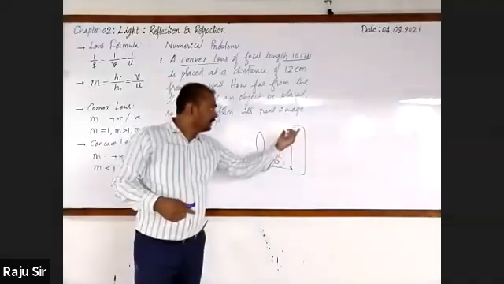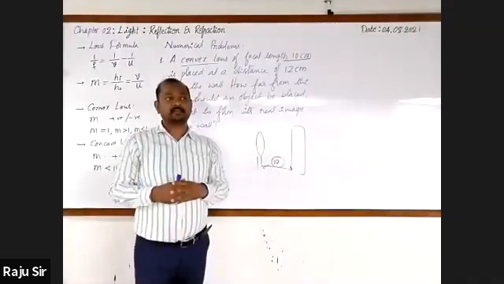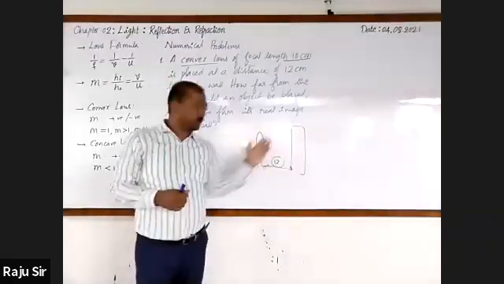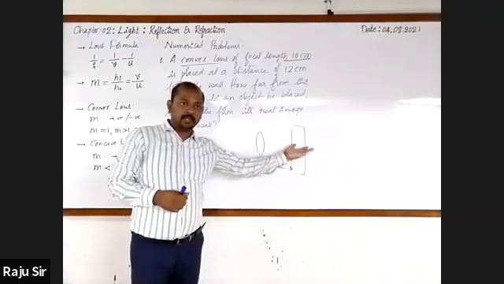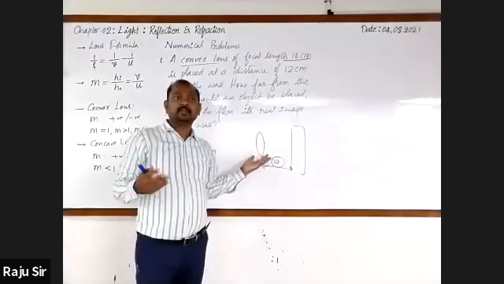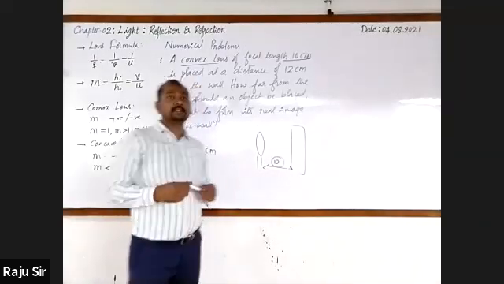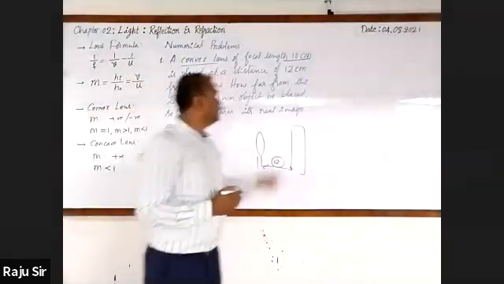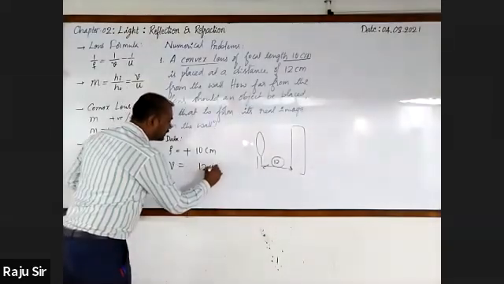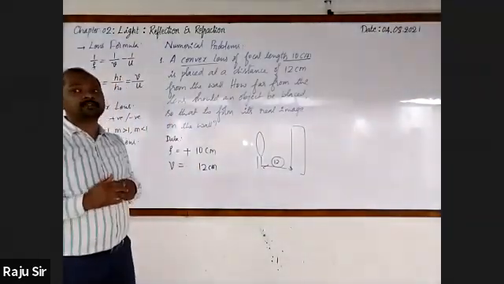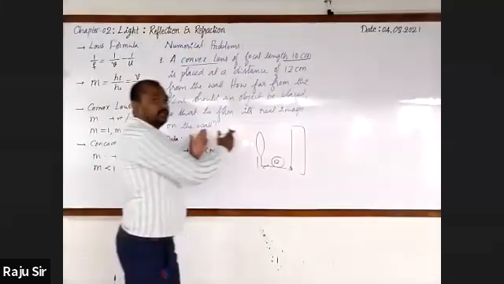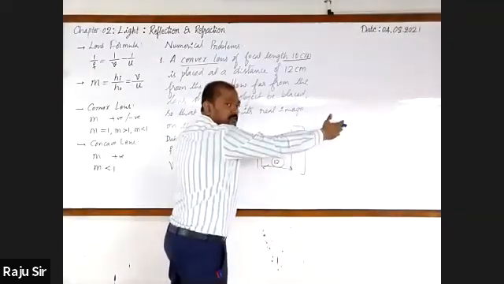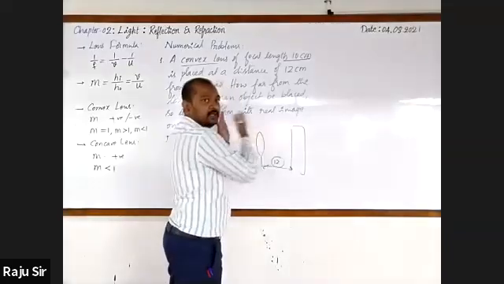Here the wall acts as a screen. Image is formed on the wall means image is formed on the screen from the lens. The distance of the image from the lens is image distance. So here it is image distance. Image distance is denoted by the symbol V, and V is 12 centimeter. Whether it is positive or negative? It is positive, because it is in the direction of light. In case of convex lens, when the image is formed on the screen, the distance of the image is measured in the direction of light.